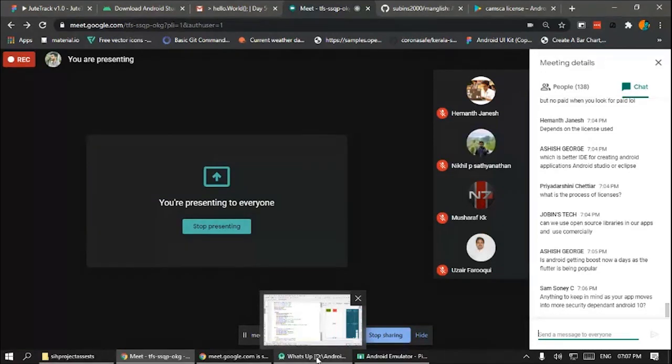Anything to keep in mind as your app moves into more security dependent? Before Android 6, that is Marshmallow, there was a lot of problem with Android. So Google started making security features a lot tighter. Like in Android 11, it is very hard to get camera access.